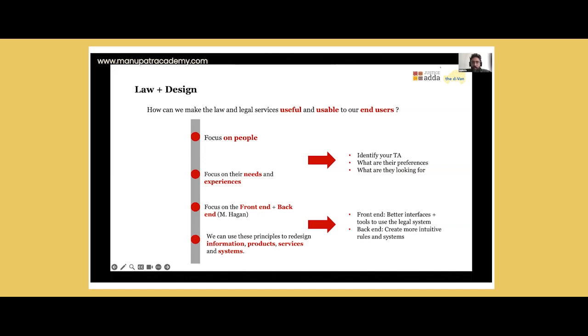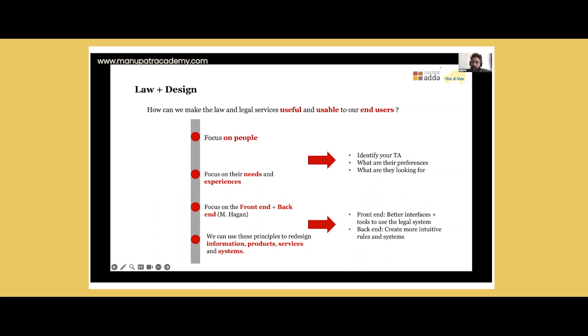This may mean interacting with a particular website in order to buy a particular product. For instance, if you wanted to go to a court to understand how a courtroom works, where do you have to submit documents, where do you have to make certain payments? But also think about the back end: what are the kinds of structures and legal procedures that determine why a system is working the way it is? So we're interested in thinking about this from two perspectives.